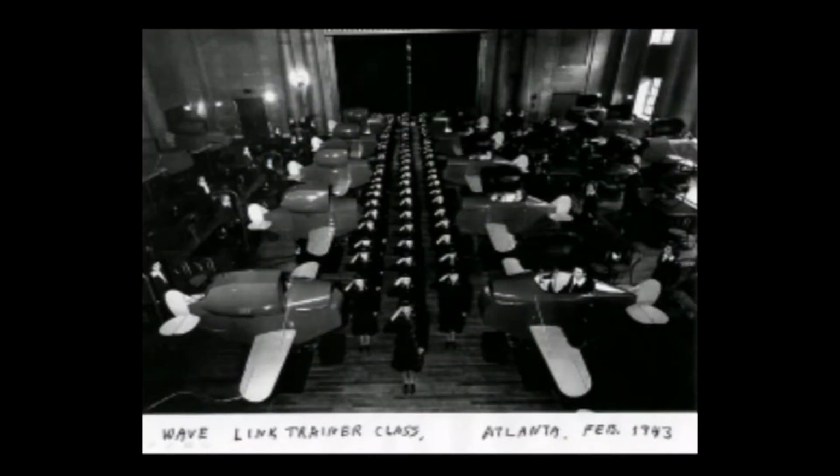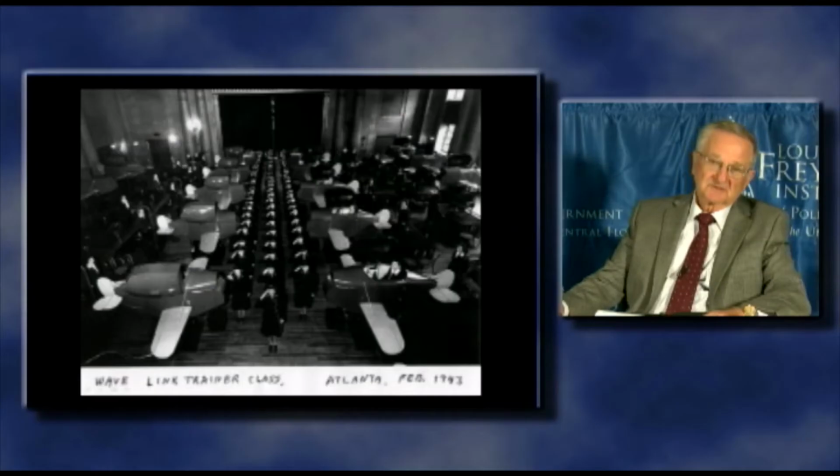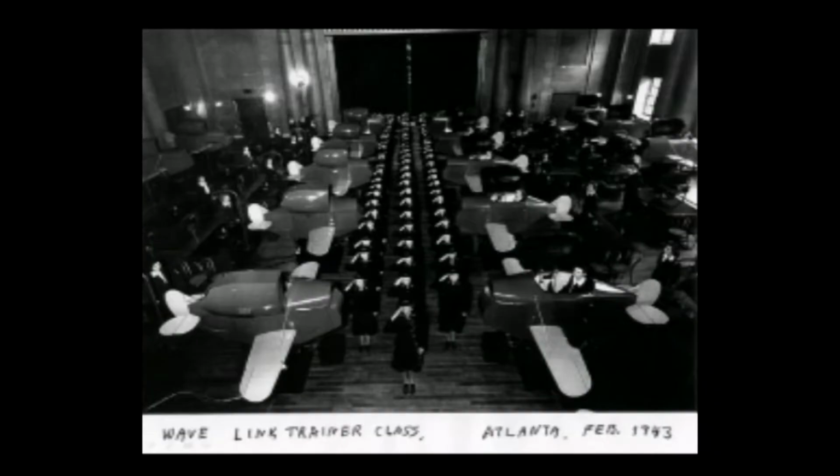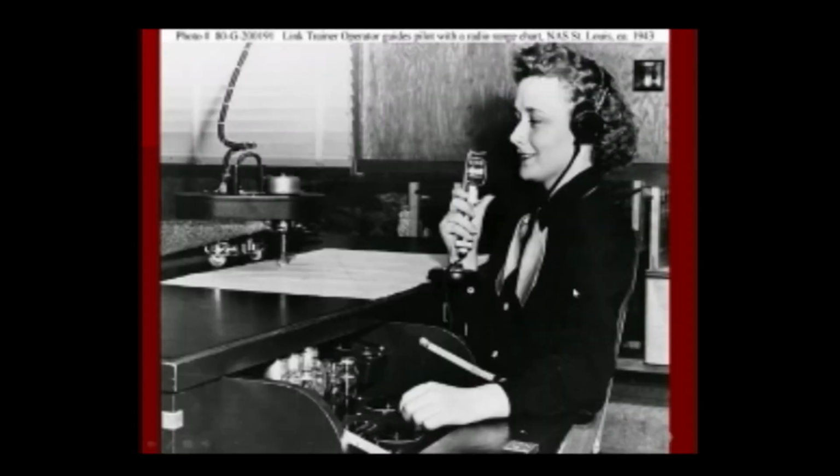Now, during World War II, all the men, essentially, that could fly were off to war. And so what the United States Navy did was to go to the colleges and universities, and they hired and recruited essentially women who were involved in communication programs or public relations, who had good interpersonal skills, to be the instructors. Now, this photograph is taken up at Atlanta, Georgia, where the first wave, if you will, of female instructor operators came, and you can see all the trainers, all the simulators lined up, and they were there being used to teach the pilots.